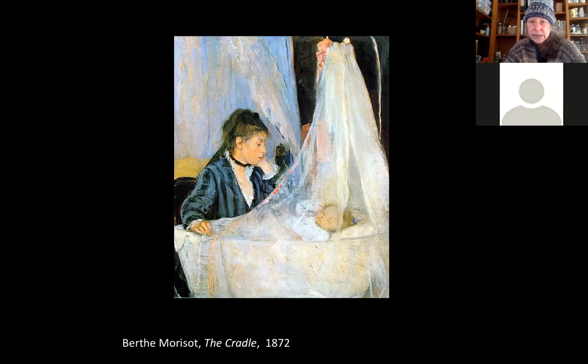Morisot. So you can see that this is a baby in a crib with a kind of mosquito net or something over the crib and a curtain, and maybe the mother gazing at the baby. And you can see that the mosquito netting or whatever it is has been rendered with quick brush strokes. She didn't try to draw it exactly the way it was. She didn't even try to draw, I mean, this is a good drawing, it's proportioned and everything, but it's not what you would call a careful photorealistic painting of a person's head.